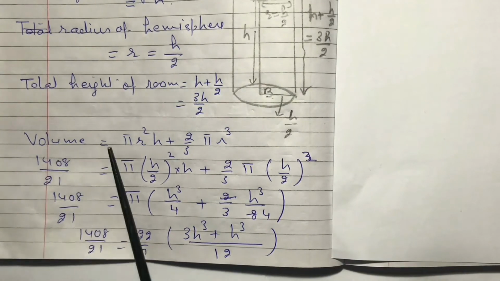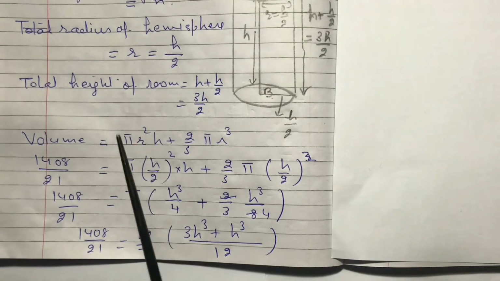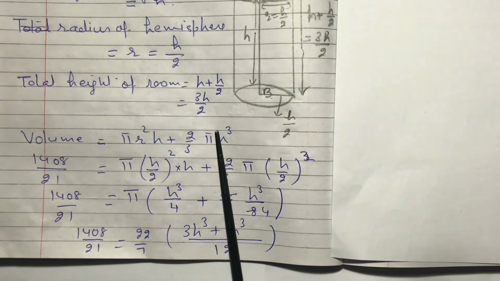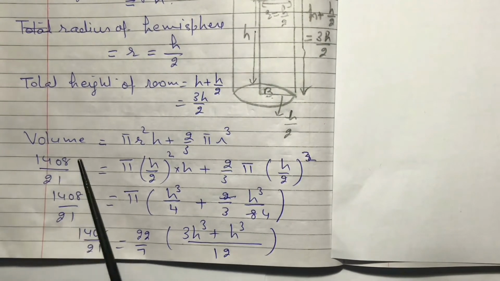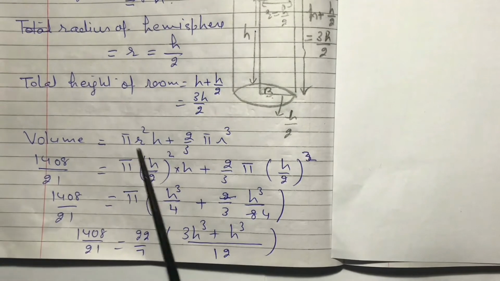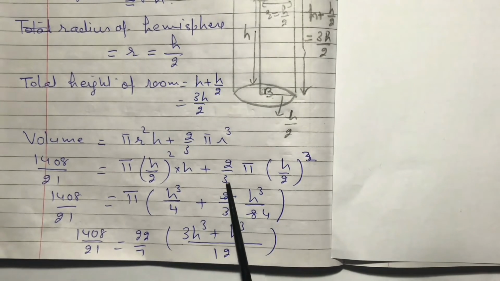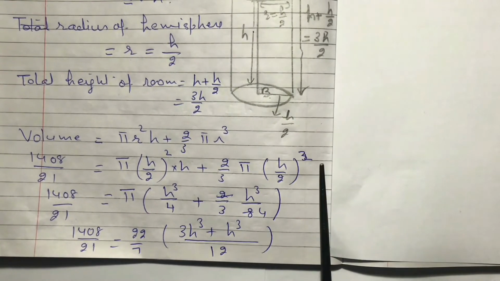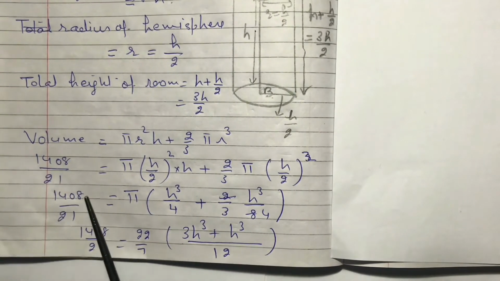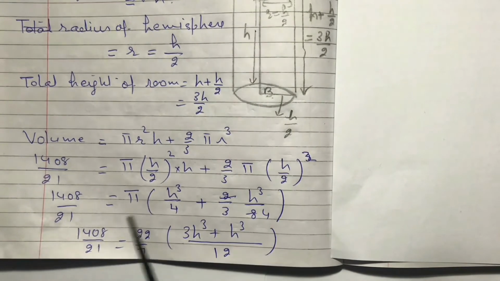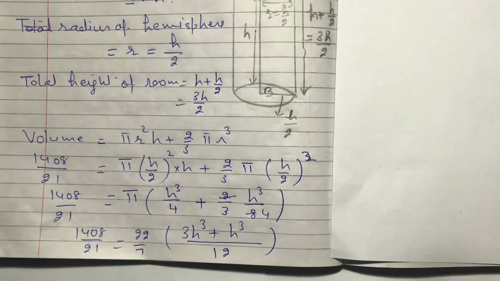Now volume is equal to pi r square h, this is the volume of cylinder, plus 2 by 3 pi r cube, this is the volume of the hemisphere. So 1408 upon 21 is equal to pi, instead of r write h by 2 whole square, into h, plus 2 by 3 pi, h by 2 whole cube. Now this is equal to 1408 upon 21. Take pi common, you will have this in the bracket. After solving this, you will get